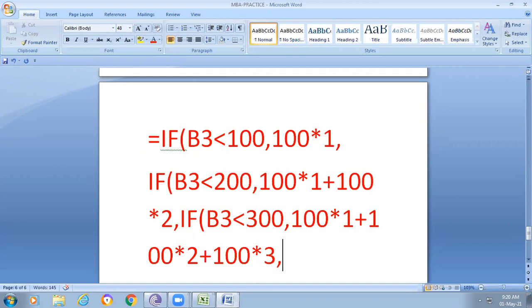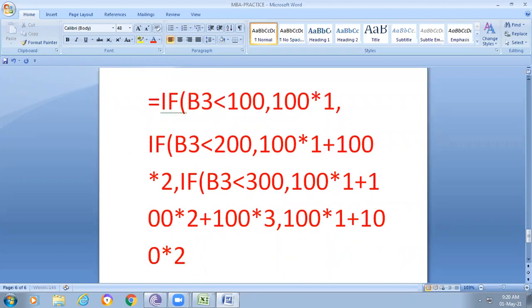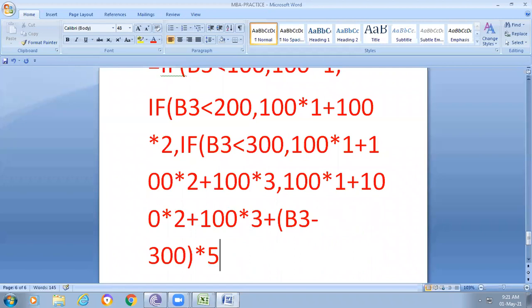We can write here 100 into 1 plus 100 into 2 plus 100 into 3 plus, since we are already calculating 300 units, B3 minus 300 into 5 rupees.